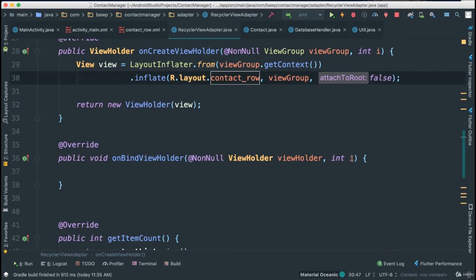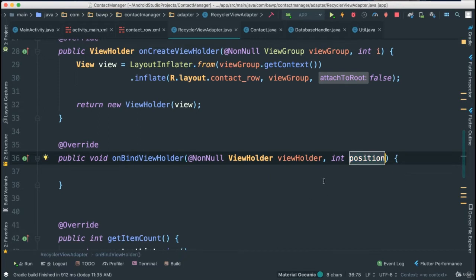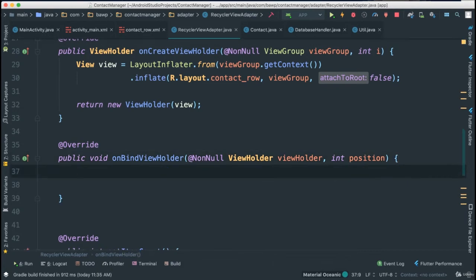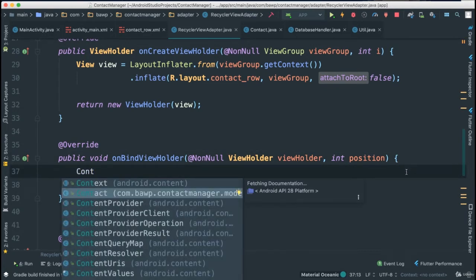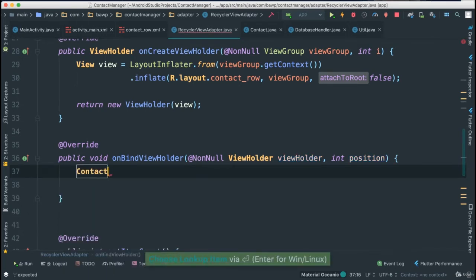Remember this int i? I can change this to position, like that, doesn't matter, right? So this i here is going to be our index for each object that we are looping through inside of our contact list, right? So at this point here, I'm going to go ahead and create a contact object. Make sure it's the contact object, and you can see because it has the package name that we created. There we go. And I'm going to say contact